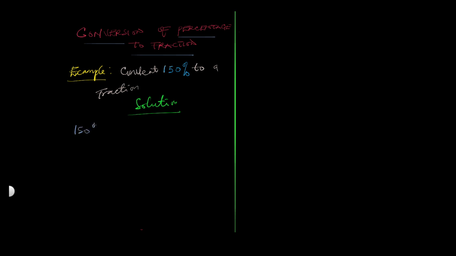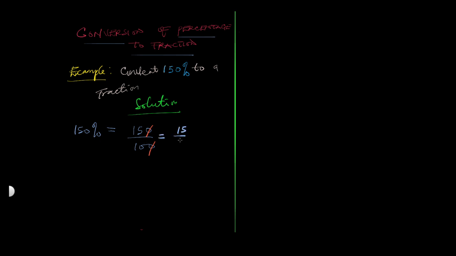150% is the same thing as saying 150 all over 100. And you go ahead to divide. When you go ahead to divide, what happens is the last zero, you'll always cancel the last zero when you see a question like that. And what you are left with now is